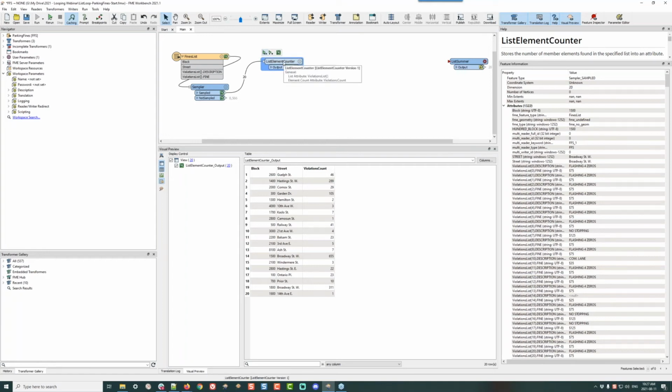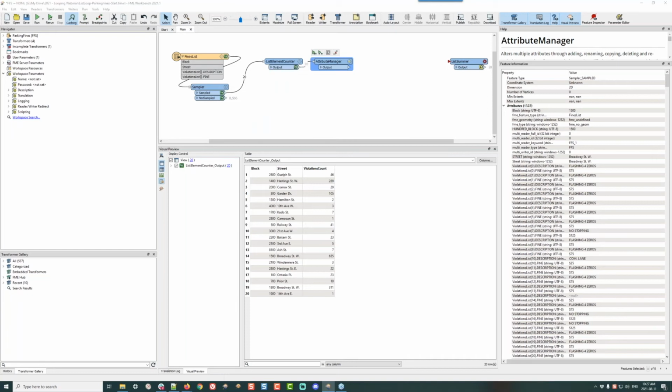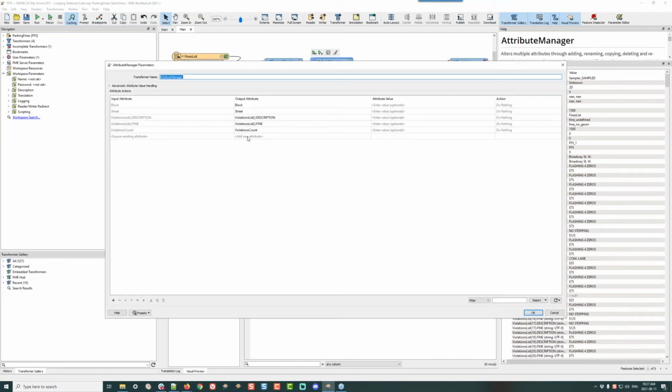We need to create a counter to count through the loop. I guess we could just keep reading the list and drop off the bottom and just check for blank values. And that would sort of be a do while loop. But we're going to do a sort of for loop like Laura did. So I'm going to put an attribute manager down. And I am going to say create a value called loop count